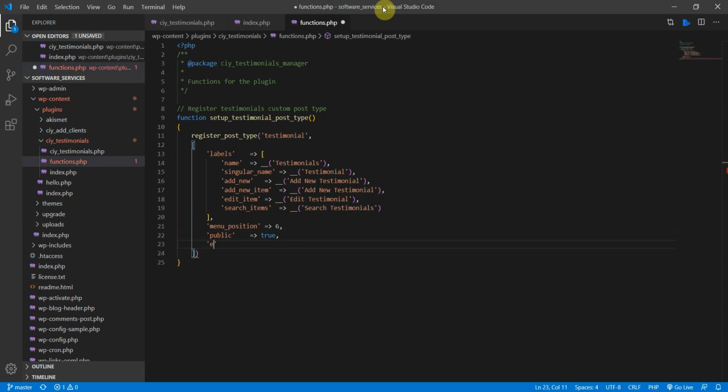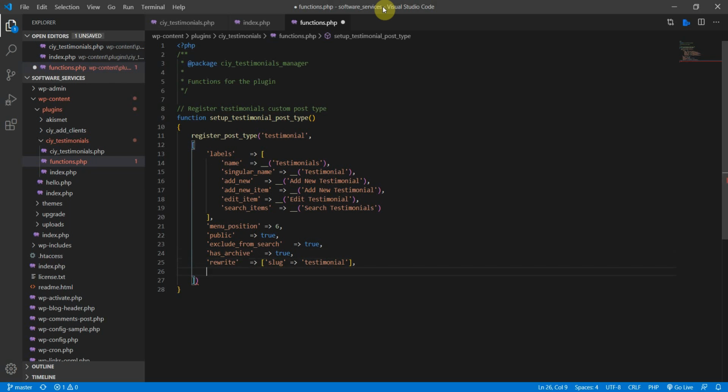And the next thing here, exclude from search. I want that to be true as well. And then has archive, if you want to create an archive page for this later on. True, and then rewrite, the slug is going to be just testimonial